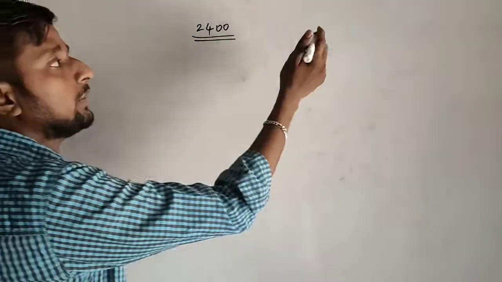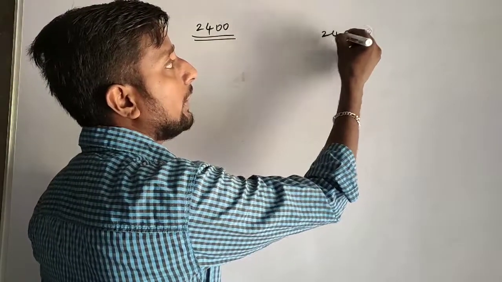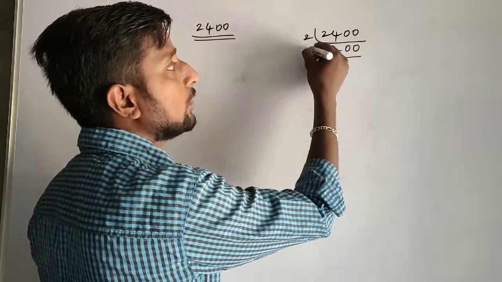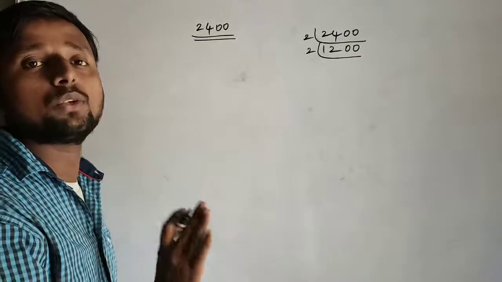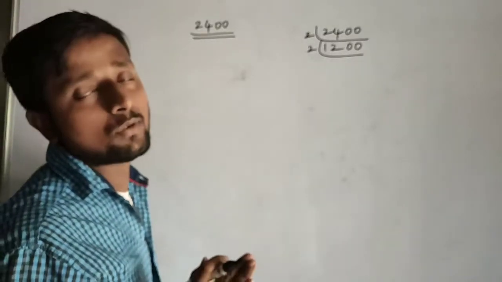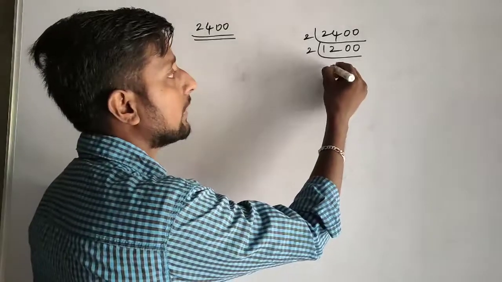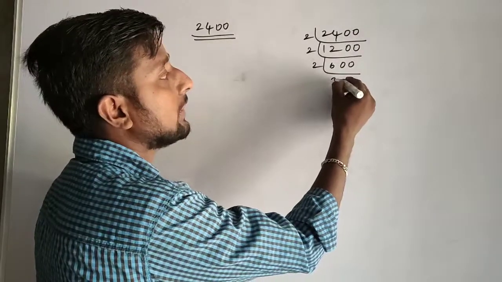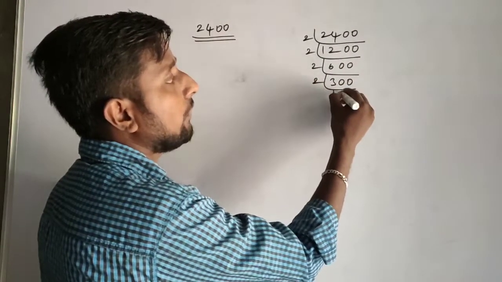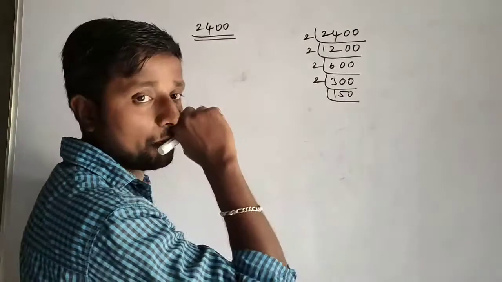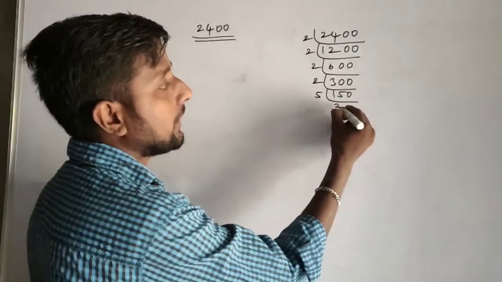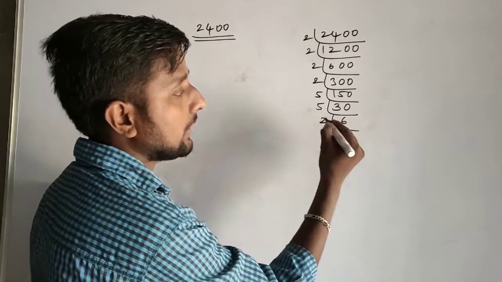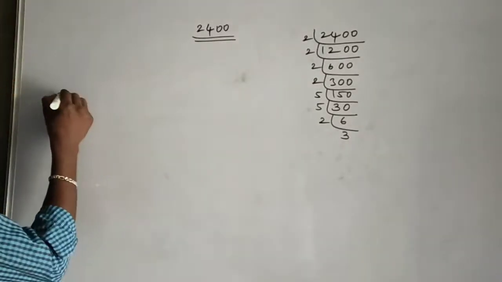Okay, so better to write the prime factors of 2400. 12 2s are 24, zeros as it is, so 2. I told you many times, if you divide by 2, we are making the number 1200, then 600, again 2 gives 300, again 2 gives 150. Then 5 3s are 15, zero as it is, 5 2s are 10, 2 3s are 6. Okay, and now look at 2400.